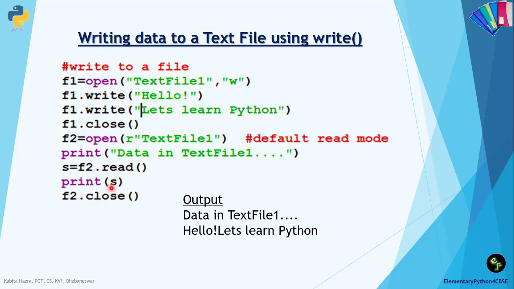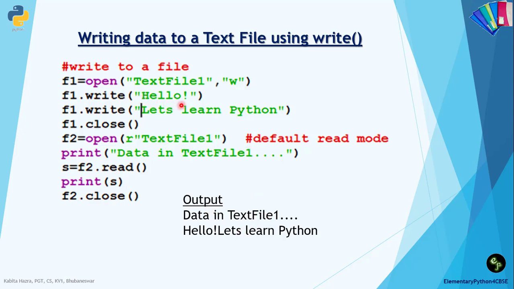Here we are reading the data to know whether the contents that we have provided are actually written to the file or not. We may also open that particular file, text file 1, and check the content. We are opening it in read mode. We have not specified the mode because the default mode is read mode, and then we are using the read method to read the content in a string and displaying it to check the content.